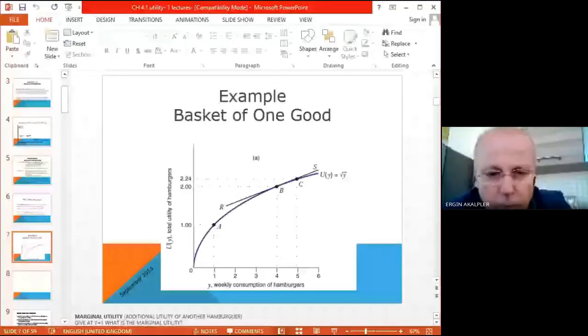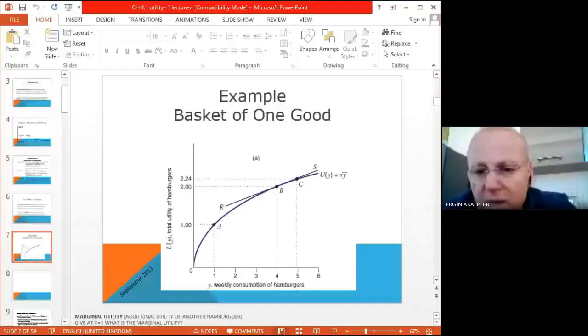This is probably for any person who is not eating more than 2, and after starting to eat the fourth or fifth hamburger, his or her utility is going to reduce from 2 to 2.24, which is very, very low comparing to